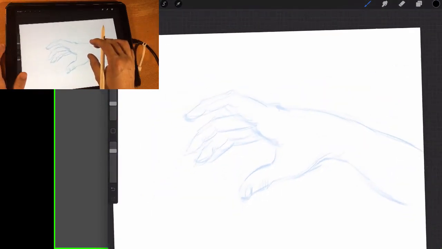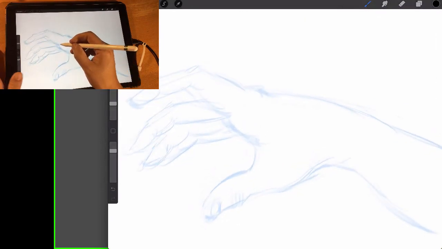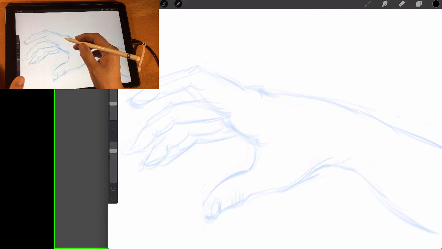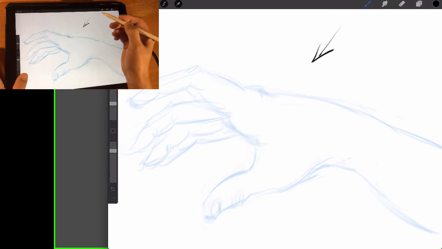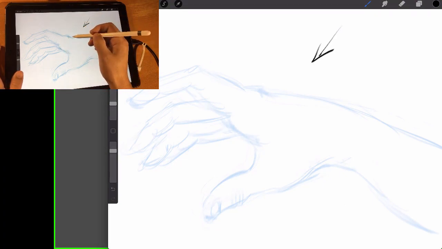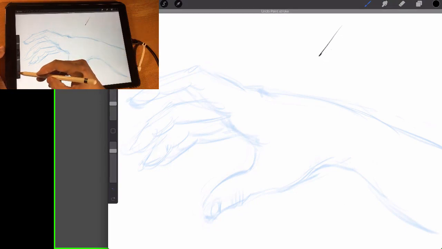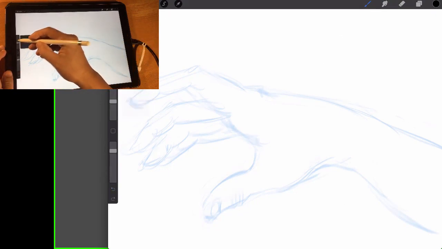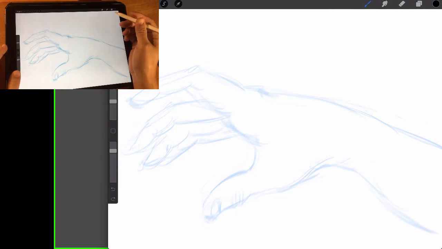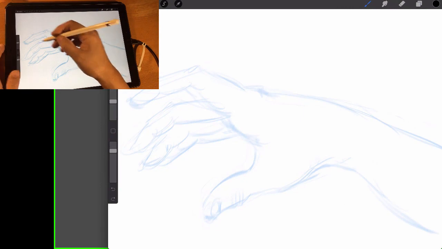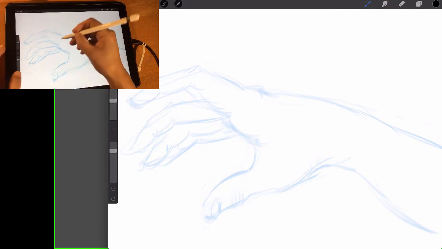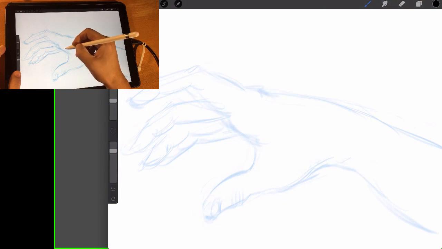So as you know, when you're doing a line drawing, you want the thicker line on the side of the shape that's away from the light. Say the light is coming from this side here, you want this line to be thicker and this to be thinner. That's a common way of gaining depth in drawing when you only have a line to use instead of shading. Obviously this part of the hand is in shade, so this will be